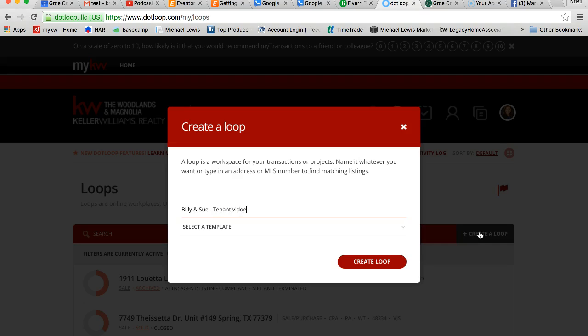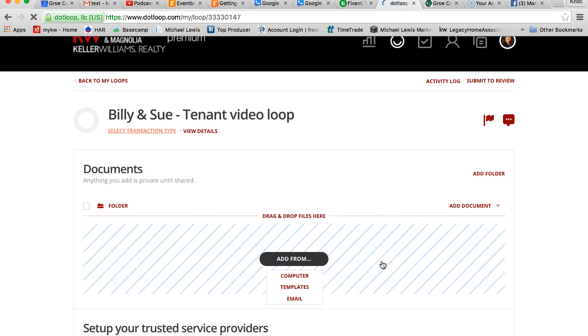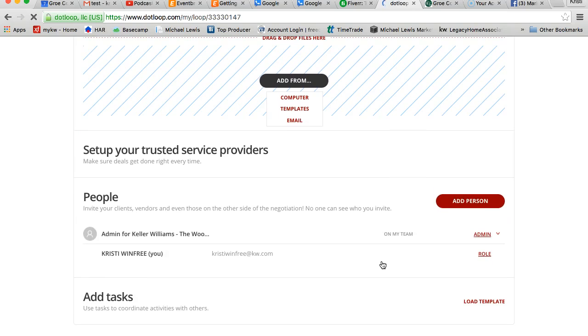tenant video loop. One thing you need to know about .loop is there is no way to delete a loop, but you can archive loops. Okay, so the first thing that you need to do is add them as people. And so you're going to hit add person here